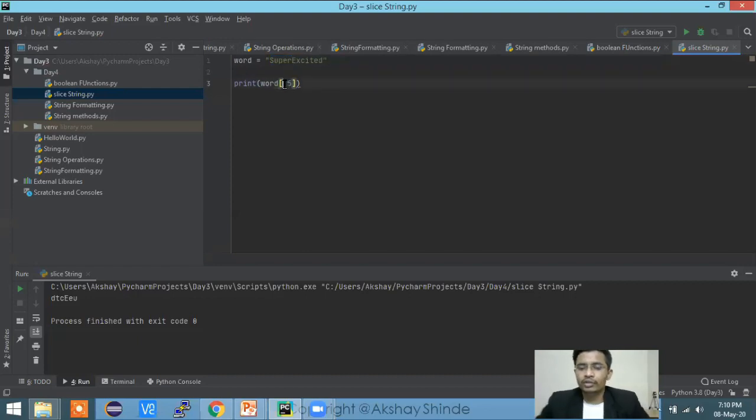So if you don't want to specify where it starts, or if you want to cover everything till the 5th index, then it's better to not write anything. 0 will not work in that case. That's why when we added 0, it printed a wrong string. It removed the S from there. So that's all about this thing.